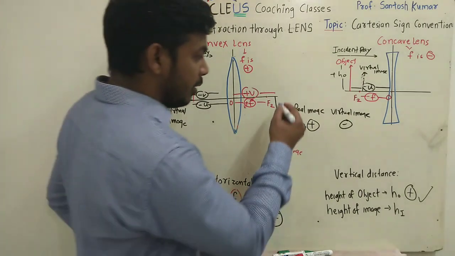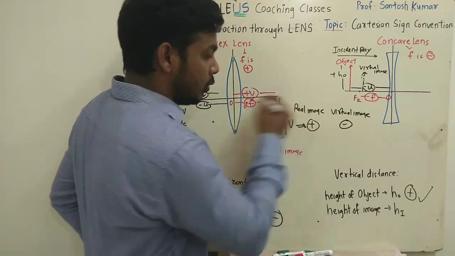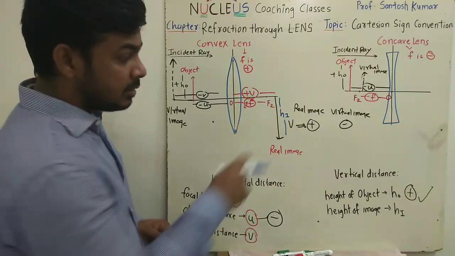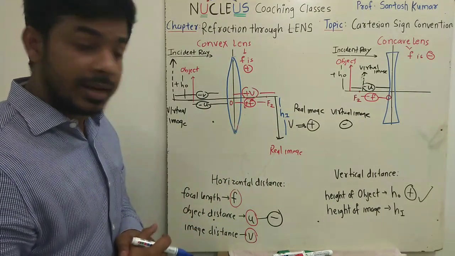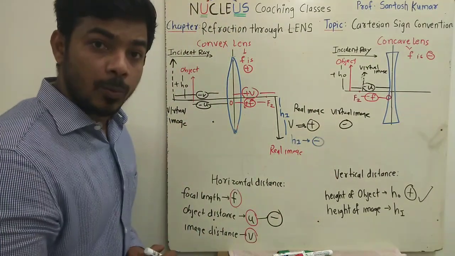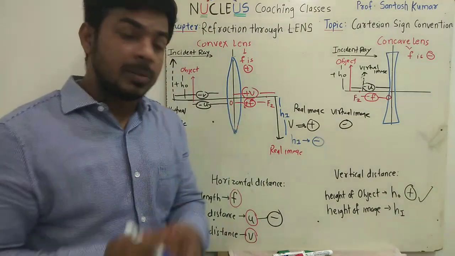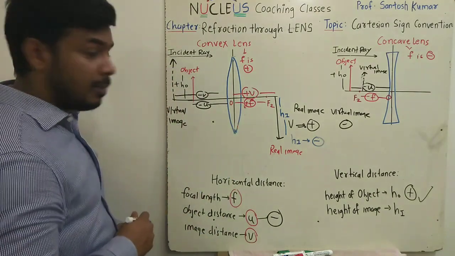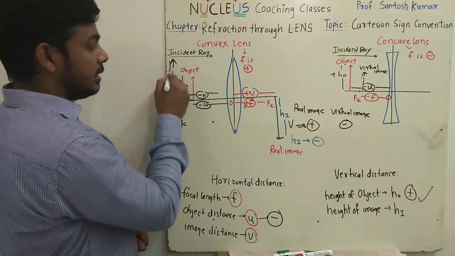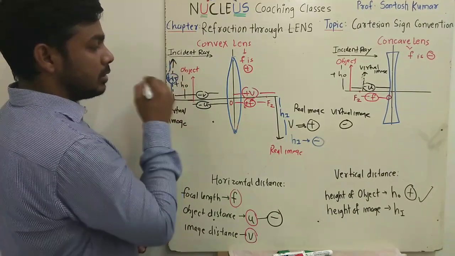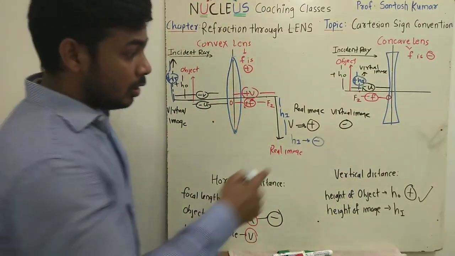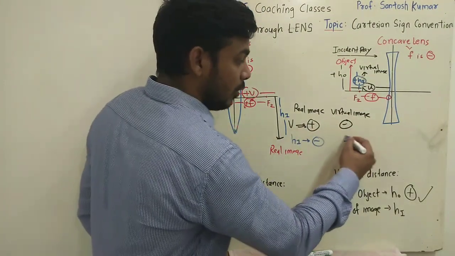And if I talk about height of image, so this being height of image hi, you can see this image being inverted, it lies below the principal axis. So height of image is taken as, come on tell me, negative. Again for real image, height of image is marked as negative, because it always lies below the principal axis. But if I talk about virtual image, here this distance lies above the principal axis. So this is marked as positive. And here also this height of image is marked as positive. So height of image for virtual will be positive.